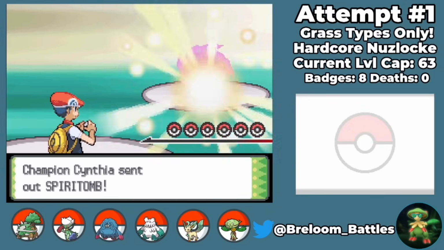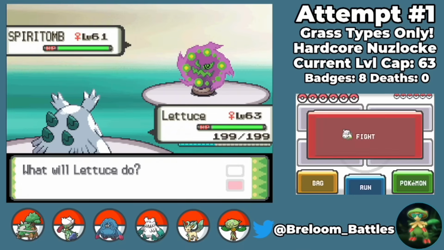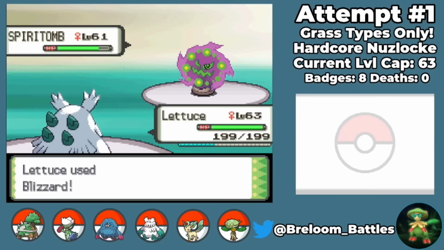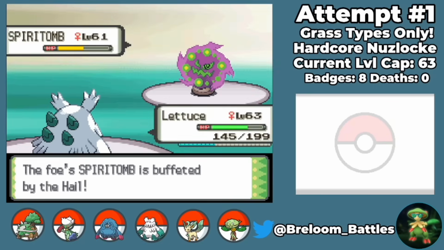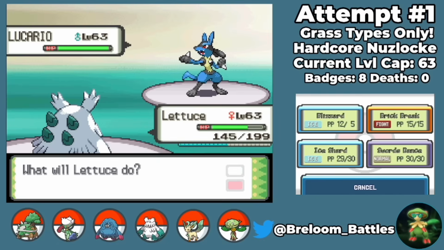Cynthia leads off with Spiritomb and I with Lettuce, who sets the hail up. We are speed tied and I go for a Blizzard, doing exactly half, as the Spiritomb in retaliation just goes for a Dark Pulse. Fortunately, it doesn't do too much damage and we can pick up the KO on the following turn with another Blizzard. This brings in Cynthia's second Pokemon, Lucario,